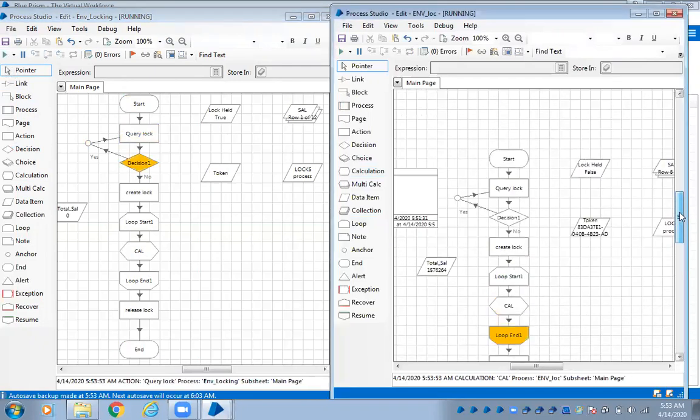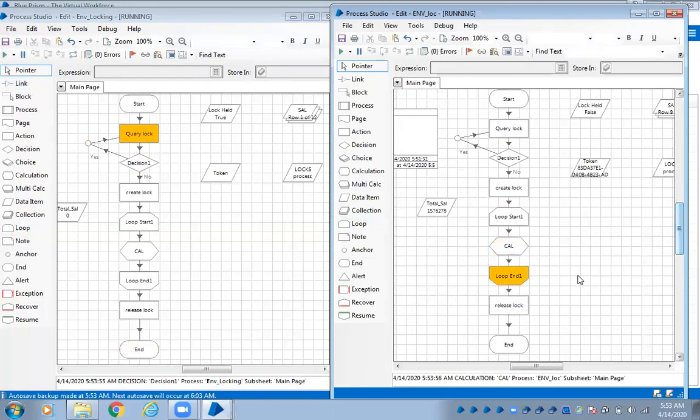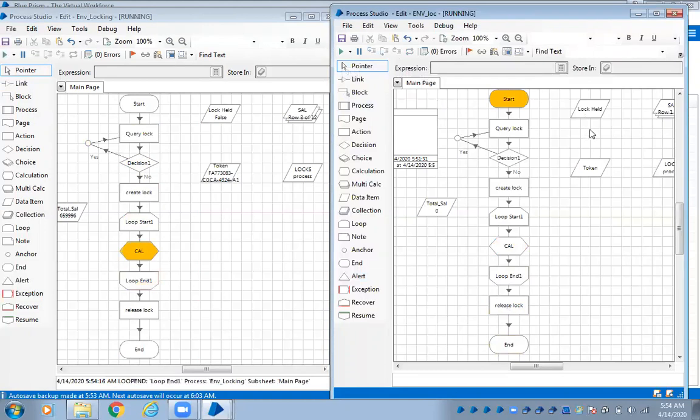And like this, we are going to use environmental locking for different processes, or when we are using a shared resource. See this, the release lock is completed. Now it has been started. When it started, now let me try to run this process. Observe what happened. Lock is true, because in this concept we are using the same lock name and the same resource. The lock name should be the same and the resource should be the same. Then only we can implement this